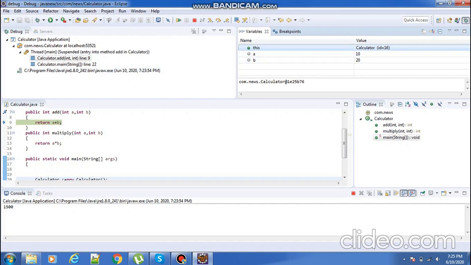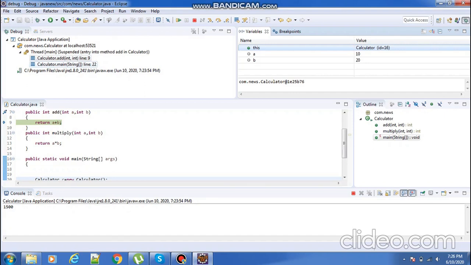This is called debugging. It will check your program, whether you did it correctly or not. If you made any errors, like some logical mistakes in the program, it will not debug your program. Debugging means checking for bugs, checking for defects in your program.